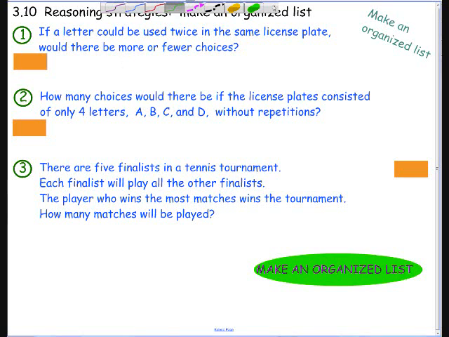If a letter could be used twice in the same license plate, would there be more or fewer choices than if it could be used only once? Well, let's think about a license plate which only had, let's say, we'll keep it really simple, 3 letters. 3 letters. And if I could do A, B, C,